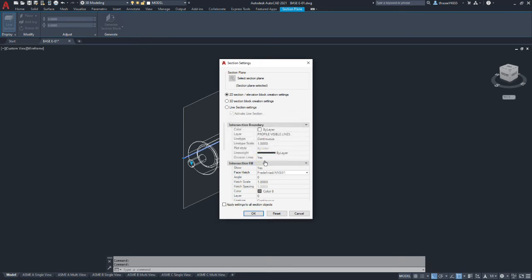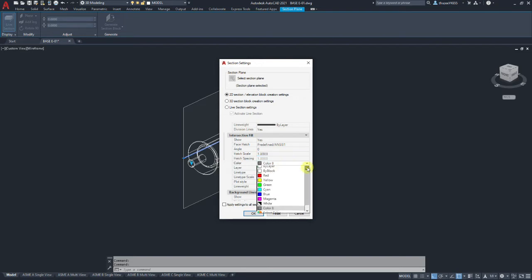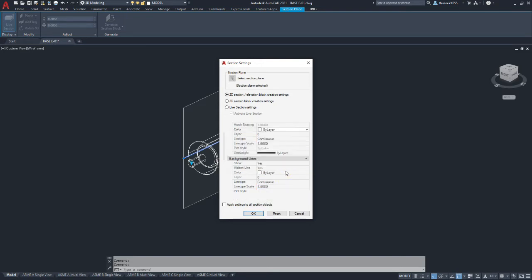And then our hatch scale, we're going to leave at 1 because we're working in inches. But our color is going to be set by layer. We'll scroll down to the background lines. And it's going to say show yes, but no on hidden lines. And our layer is going to be profile visible lines.